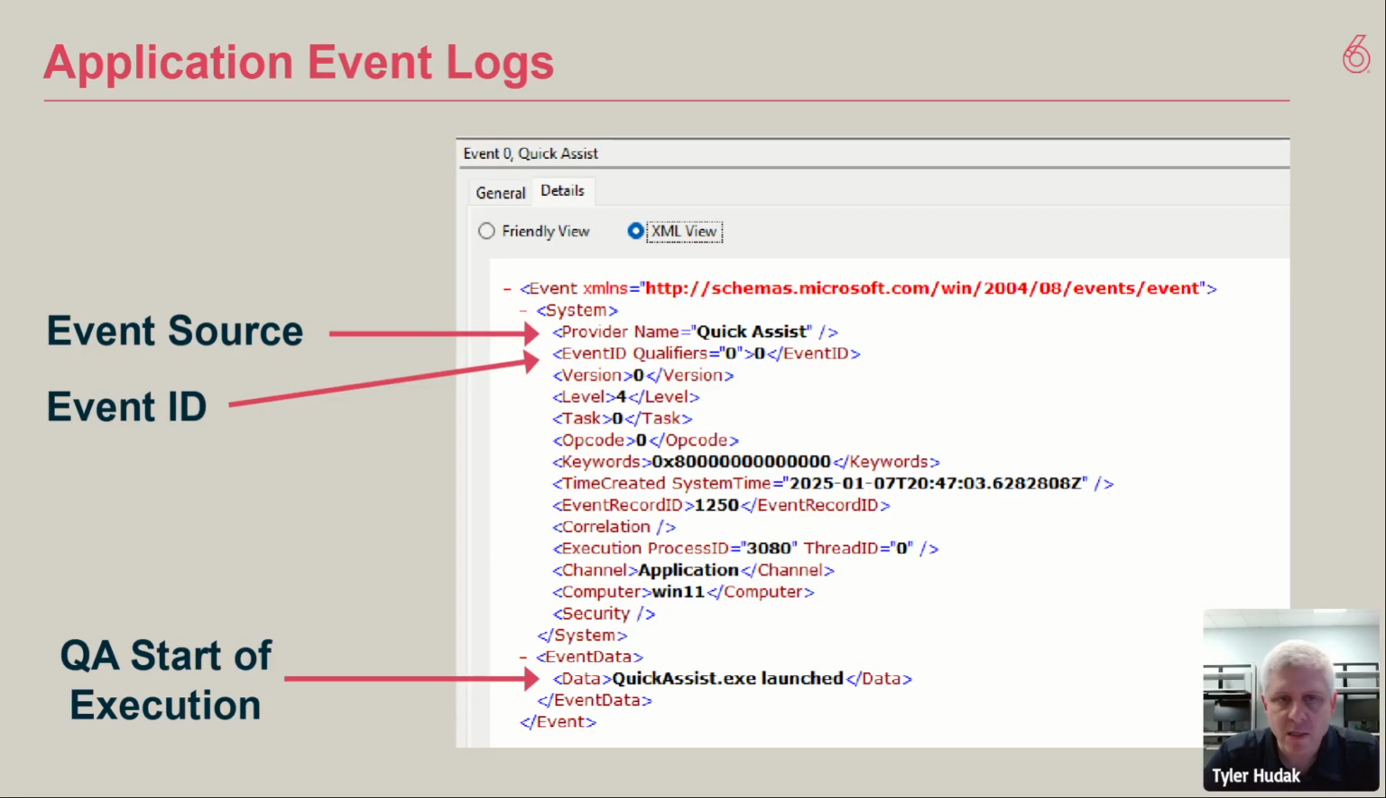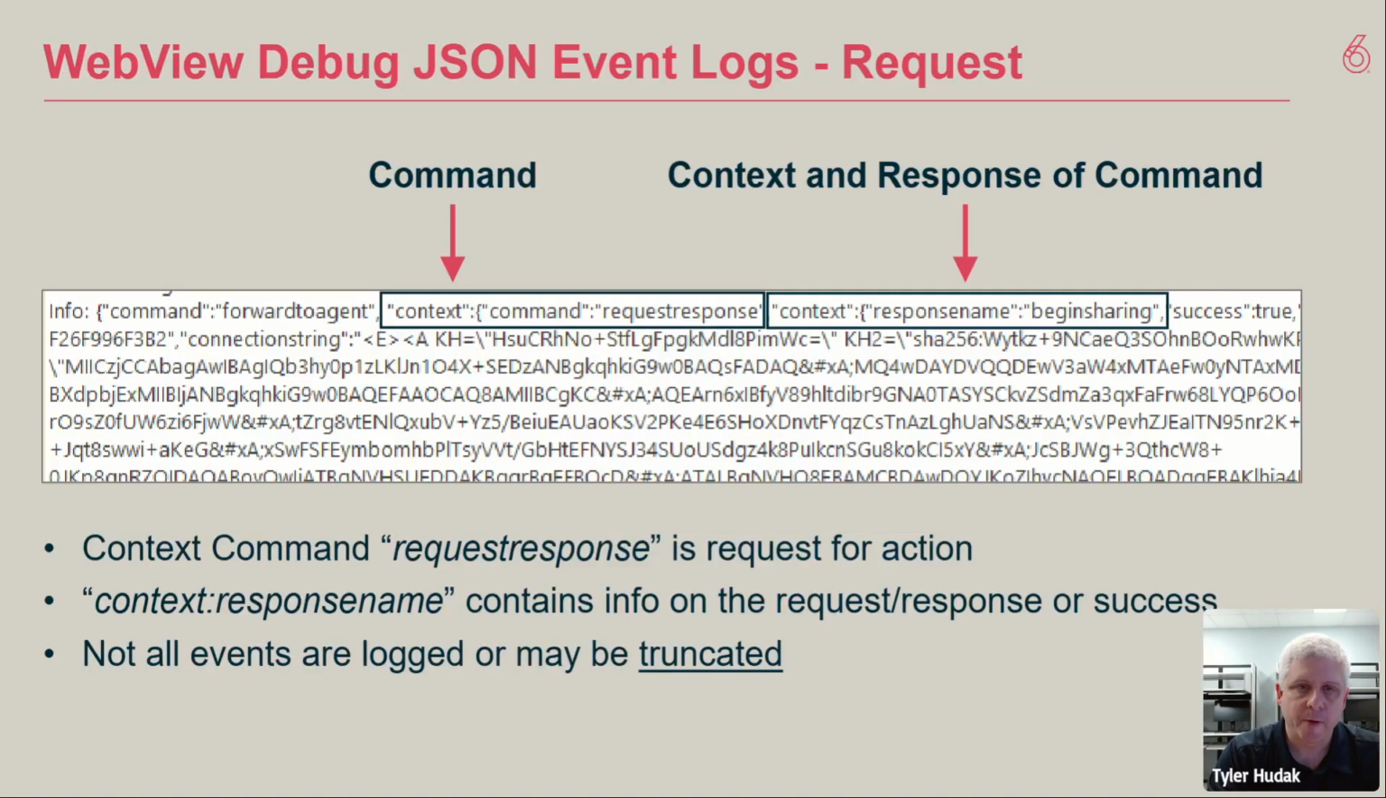One of the first events that's logged by Quick Assist is this little string that says quickassist.exe launched. This is a good indication of when the user first ran Quick Assist. This is going to be the most nicely formatted message or event that we see for this, but this will give you that kind of start time. From there,